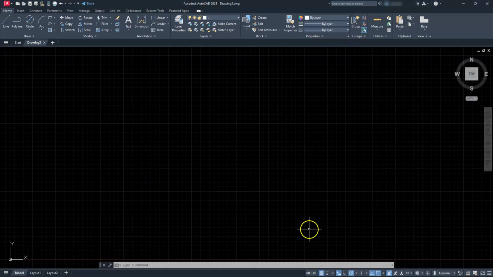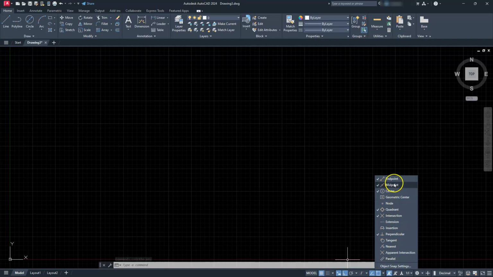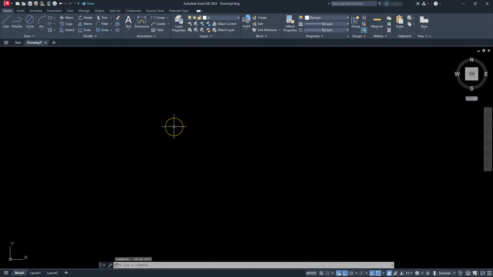Okay, so super quick and simple. Let's go ahead and make sure that we have our ortho mode turned on, and then I'm going to go ahead and check the O snaps. So these are going to be my running O snaps, and I'll go ahead and turn the grid off as well. Okay, so I'm going to create this by starting off with the top view, and then I'll create the